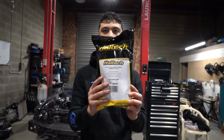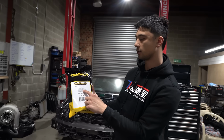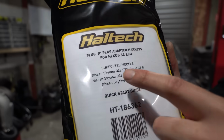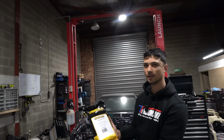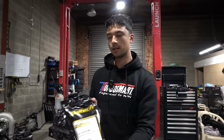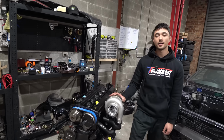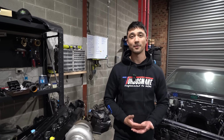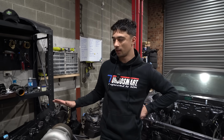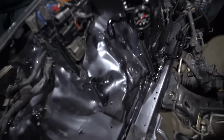Also got a plug and play harness kit for the R32 GTST, R33. Yeah, look, you can use this for a different 32, 33, 34. That's it, man. LSU 4.9 wideband adapter. You can see, guys, why this build has taken so long, because I've honestly had to save up for all this stuff because we have gone absolutely overboard. But yeah, we've got quite a bit more stuff to do. The checklist is still pretty...